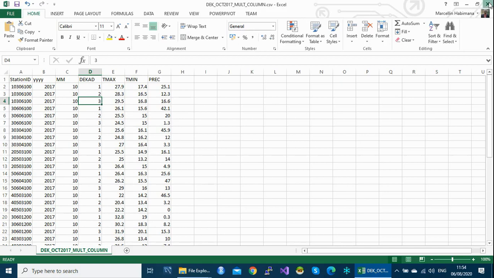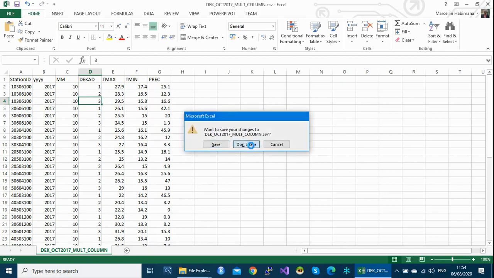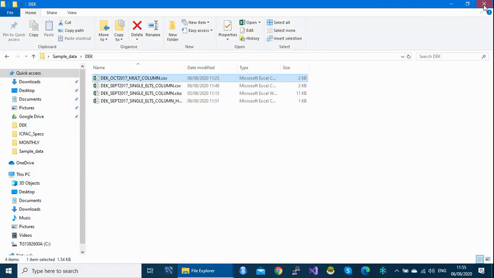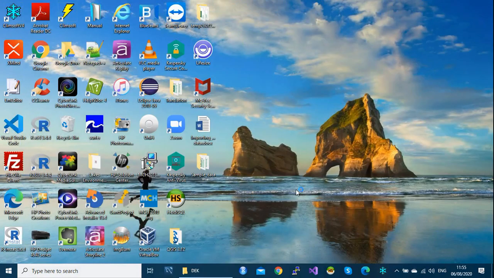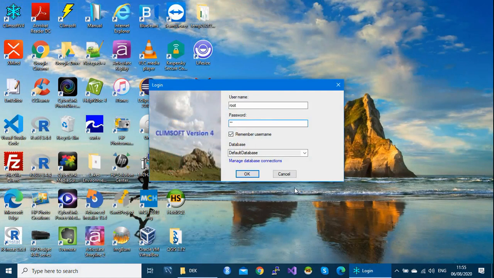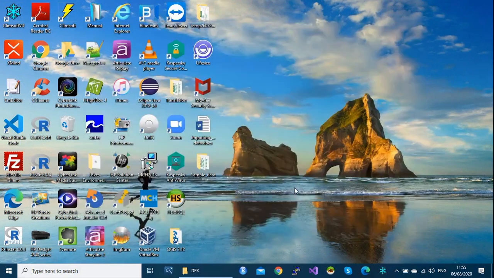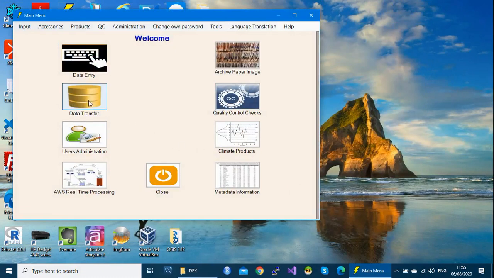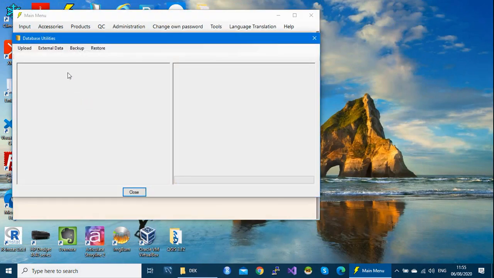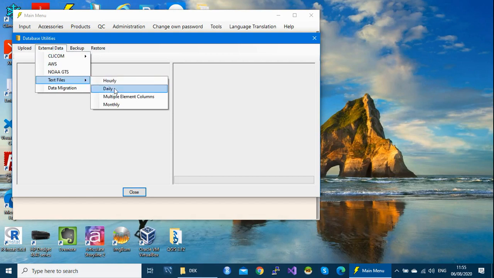Then in this case, launch CleanSoft again as usual. Log in with your username and password. Go to data transfer. Go to external data, text files, but here it is multiple columns because my elements are in multiple columns.